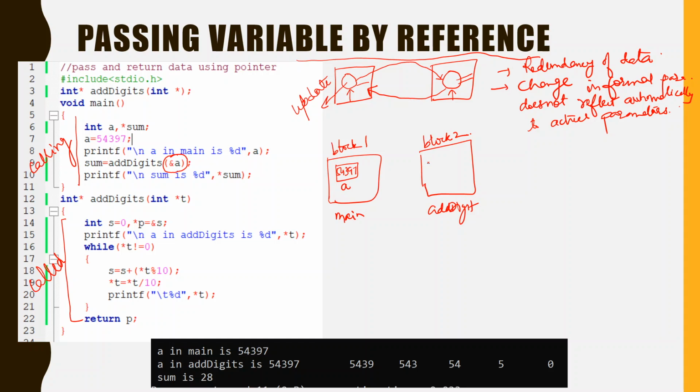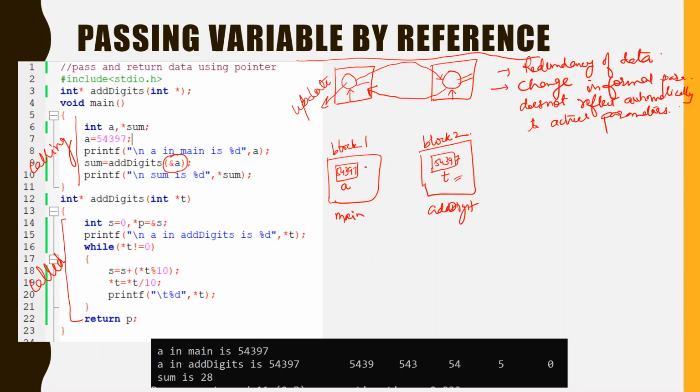So a copy of this variable is created in the form of t, which has the same value copied at the called function. Any change performed in t does not directly reflect on a.